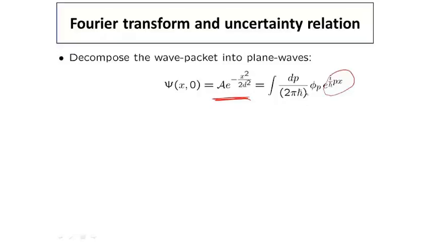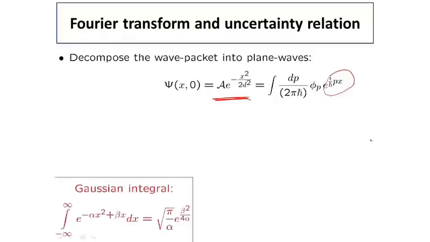From the mathematical point of view, this decomposition is nothing but the Fourier transform of this Gaussian wave function into the harmonic functions, into these cosines and sines. And we know very well how to do this decomposition, but before we go to it, I would like to remind you of the following identity for a Gaussian integral, which we're going to use at least 3 times in this derivation in different contexts. If we have an exponential of a quadratic function with some coefficients alpha and beta, the integral from minus infinity to plus infinity is well known, and it's given by this equation. So we're going to just use it later on.